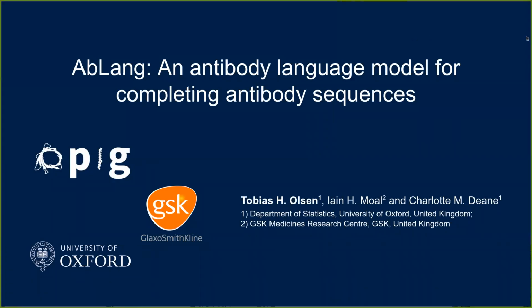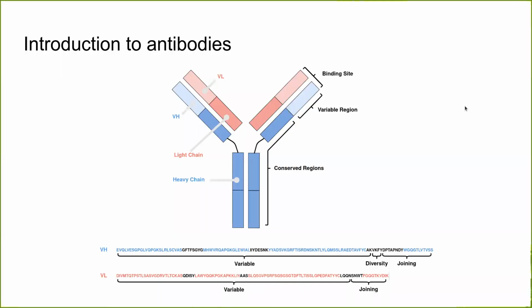Today I will present my work on building an antibody-specific language model called AbLang and its use case for completing incomplete antibody sequences. This work was done under the supervision of Charlotte Dean from the Oxford Protein Informatics Group and Ian Mole from GSK. So antibodies are these Y-shaped proteins that consist of two heavy chains, seen in blue, and